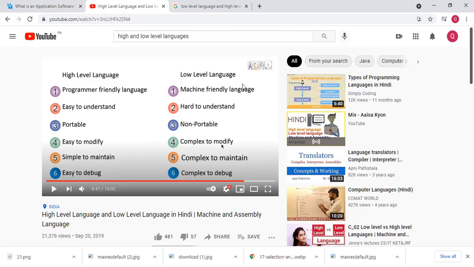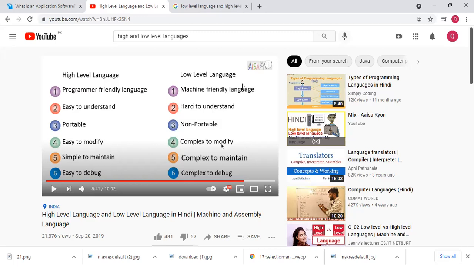So when we are talking about the low level languages, machine language and assembly language, low level language is machine dependent. You have to depend on something for the machine, and code written for one machine might not work for another. So if you are writing this code for the machine, then it cannot work on something else.